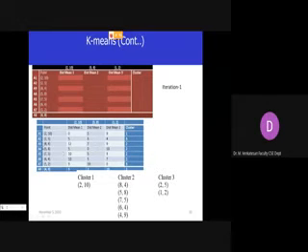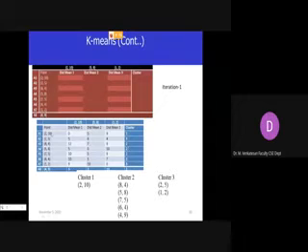Take A3, 8, 4. Compute the distance between 8, 4 and 2, 10; the value will be 12. Then compute the distance between 8, 4 and 5, 8; the value will be 7. You kindly work it out. Then compute the distance between A3, that is 8, 4, and 1, 2; it is 9. So 12, 7, 9. Which one is minimum? 7 is minimum. So it is close to cluster 2.